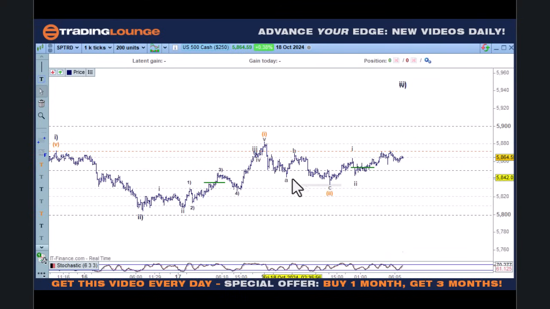I suppose you could squeeze 5 waves out of it with this last little sharp drop here. I guess that's possible. But everything in all, we should have this as 1 and 2. I can look at this as 1 and 2 here because we got 5 waves here, or I could put this over to here and have wave 1 over here, so it would be 1, 2, 3, 4 and 5